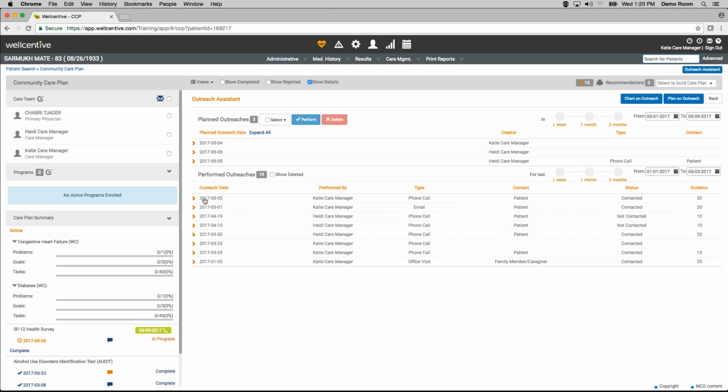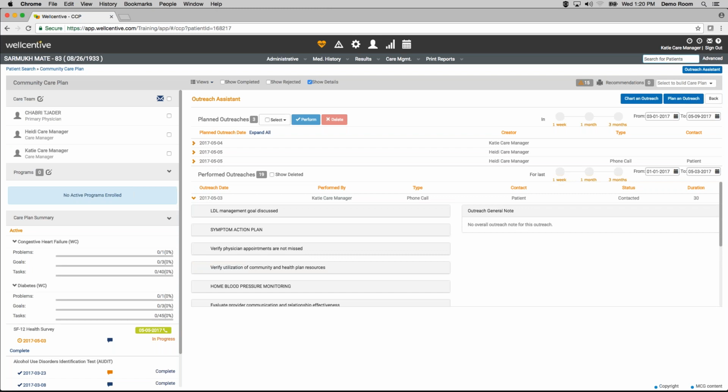Now, you'll notice that I have a checkbox to show deleted. As a care manager, I do not have the ability to delete an outreach, but that is a new feature that as an admin user, if an outreach was performed on the wrong patient or if an outreach was performed in error,